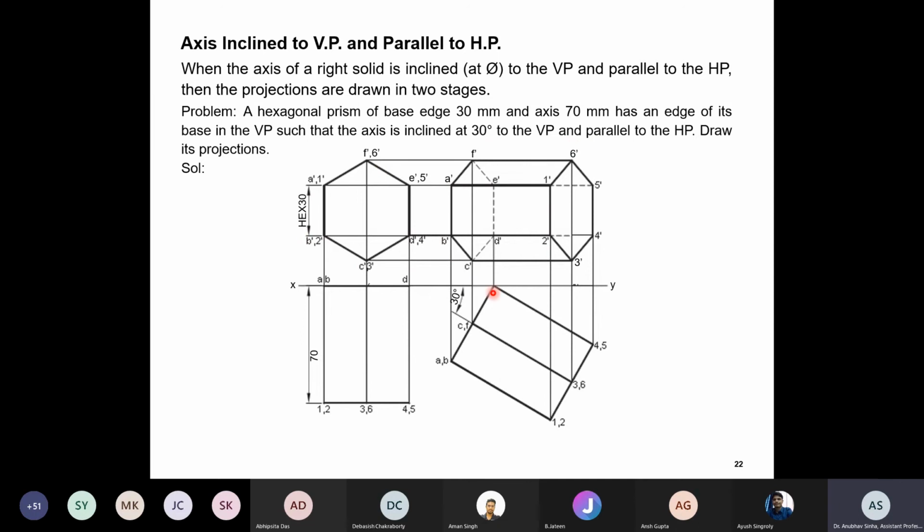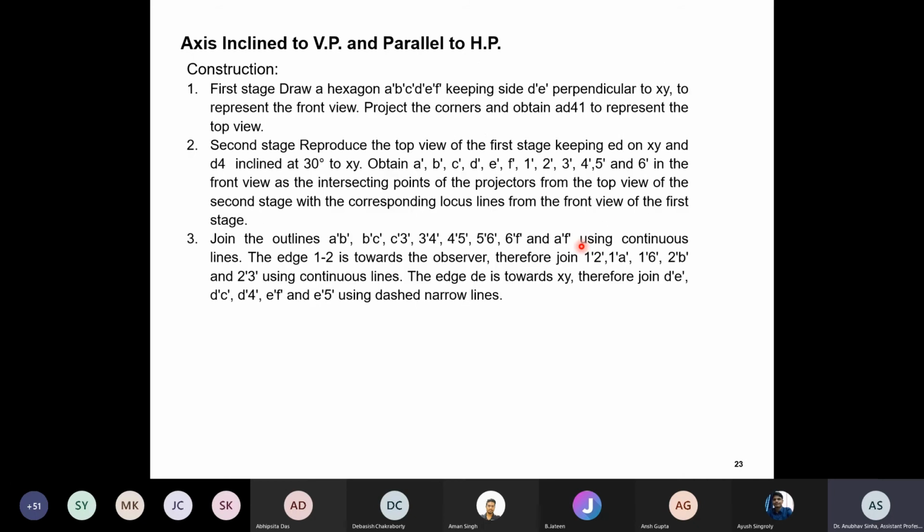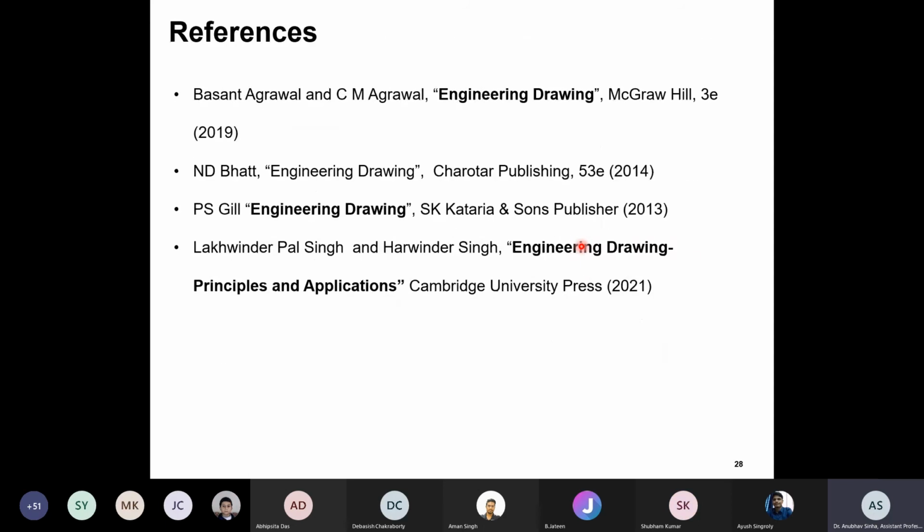So this is the final answer. This is the front view for the final projection. So this is assuming it to be parallel, but this is the proper figure. Okay, exactly the same thing we have done for a plane. We assume the plane to be parallel to some of the given planes, and then we incline. Same way we are doing it for both the planes, and it becomes a solid, inclined solid. So these steps are given.